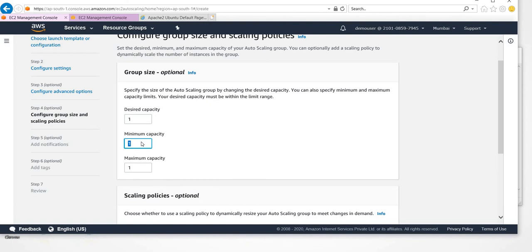And even this you can change based on your web traffic and load and all those things, right? So here what we can do is make the minimum 1, and I will give a maximum of 5. It can go up to 5. Okay, so that is the one.